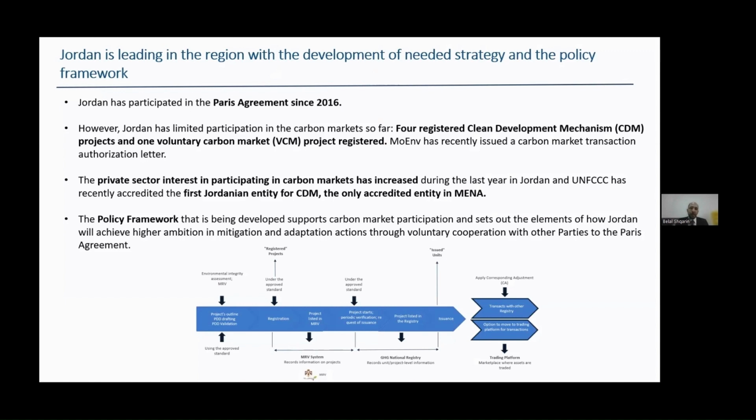In Jordan, we've been working within the support of international entities. One of the most important was the World Bank, and the World Bank is still with us. Talking about the history of Jordan, we've been one of the first countries to sign and ratify the Paris Agreement, and ratified also the Convention for Climate Change, the same for Kyoto. Within Kyoto, within the CDM mechanism, we went with 4 registered projects, and we were planning to add many more, but after the Doha Amendment happened in 2012, as everybody knows, there were some changes in the